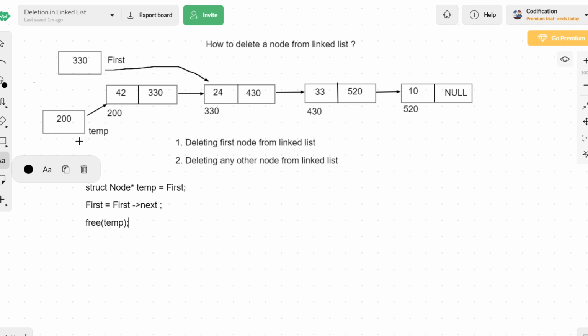So this is the procedure that needs to be carried out if we need to delete an element which is the first node. Suppose we try to delete some element which is intermediate, not the first node, but any other node after the first node. What will we do? I'll simply take the first pointer and again point it to the first node. Then we will start the process.